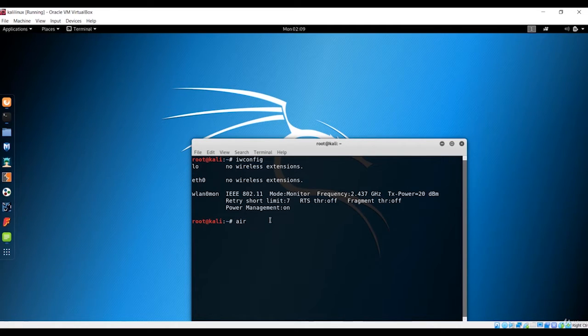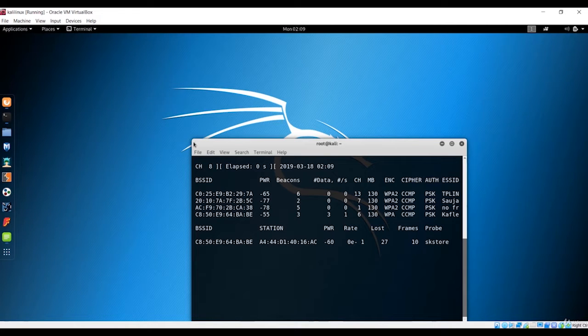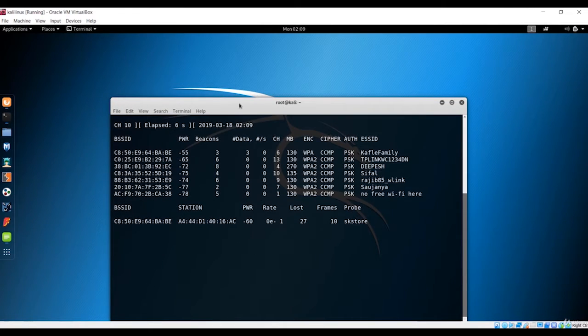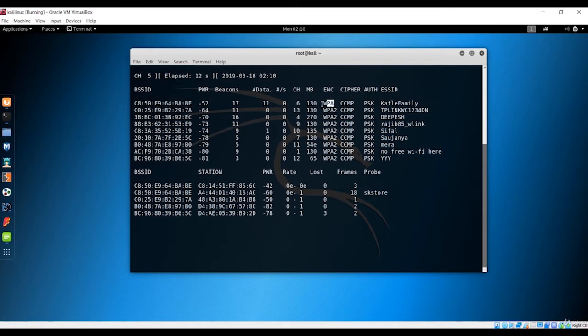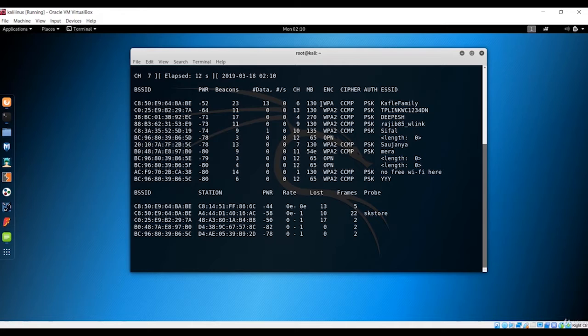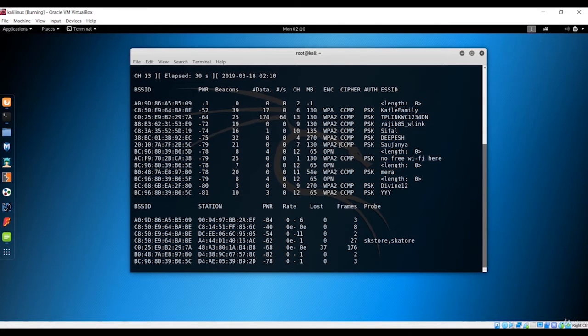So now let's see what Wi-Fi connections are in range. I'll just say airodump-ng, and I want every Wi-Fi network that is near my device, and in this case it is wlan0, the interface which is in monitor mode. So let's see. Okay, these are all the connections that we have here. Now we want to attack this network, which is my network, and don't attack any other network for which you don't have permission. So after giving that disclaimer, let's see how we can crack the password of this network.